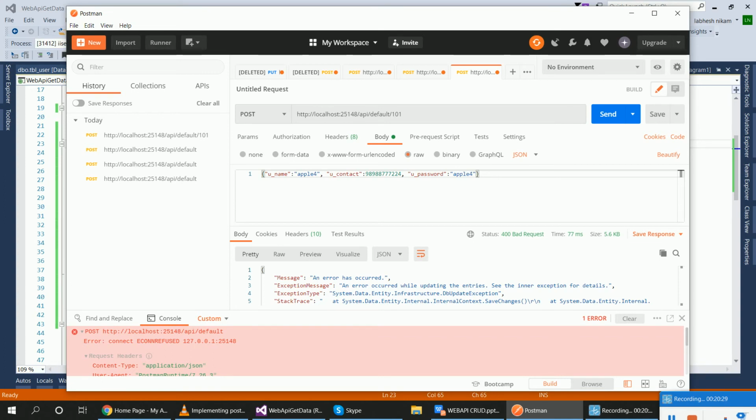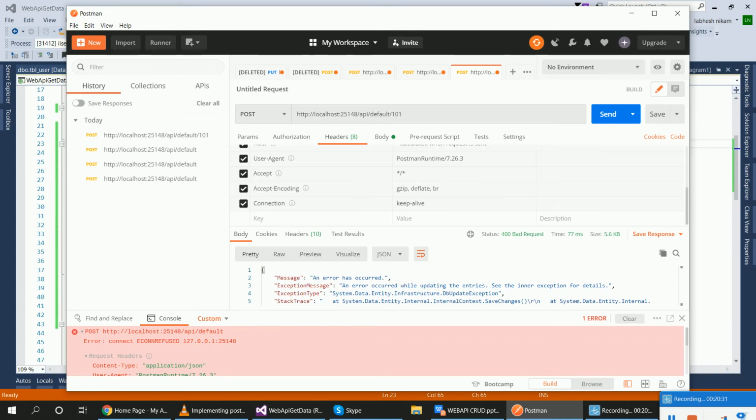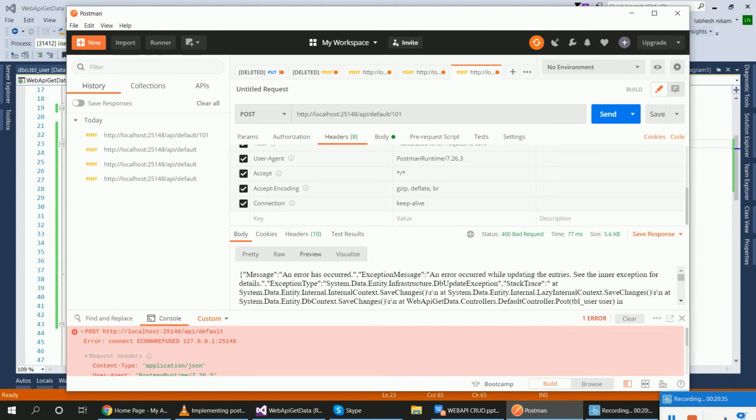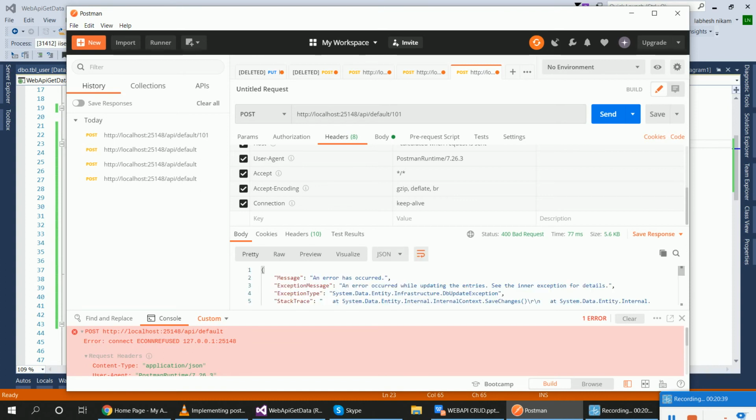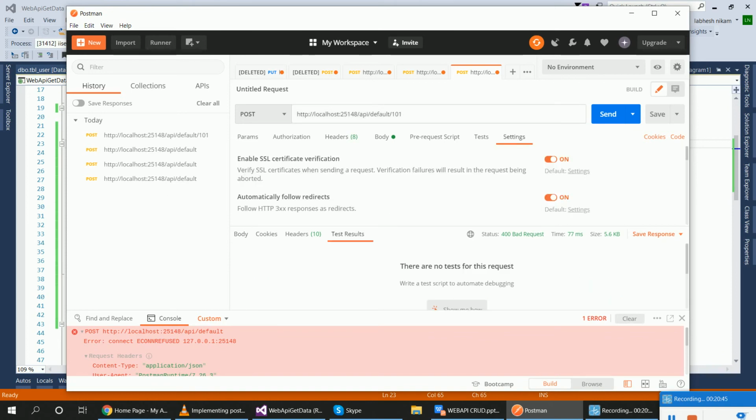Inside of headers, preview, users, we have selected post here, and we don't want to put an id when we use the post method, because it is incremented.